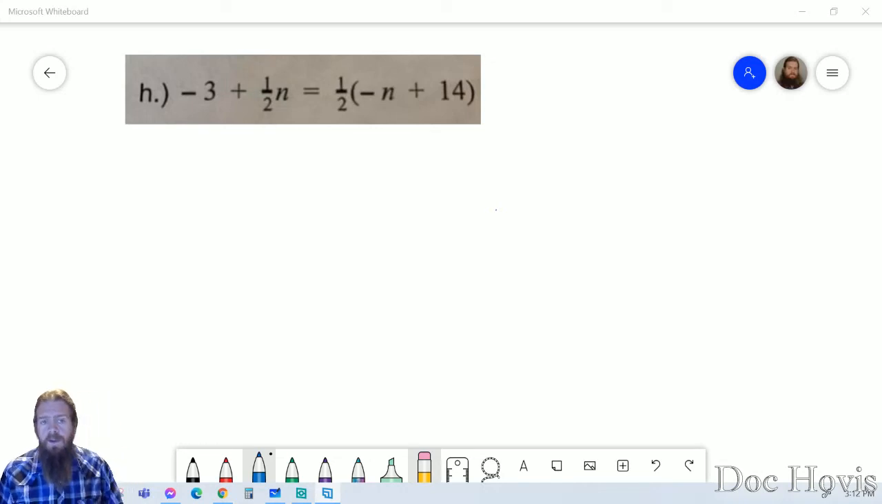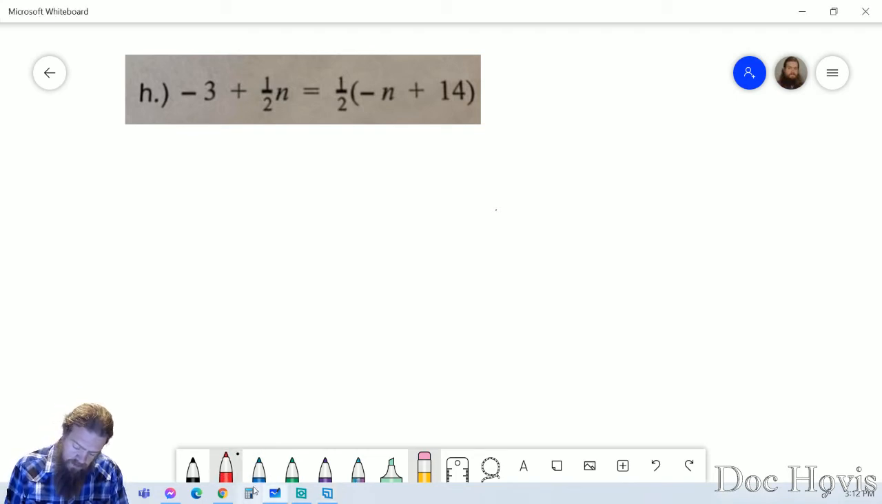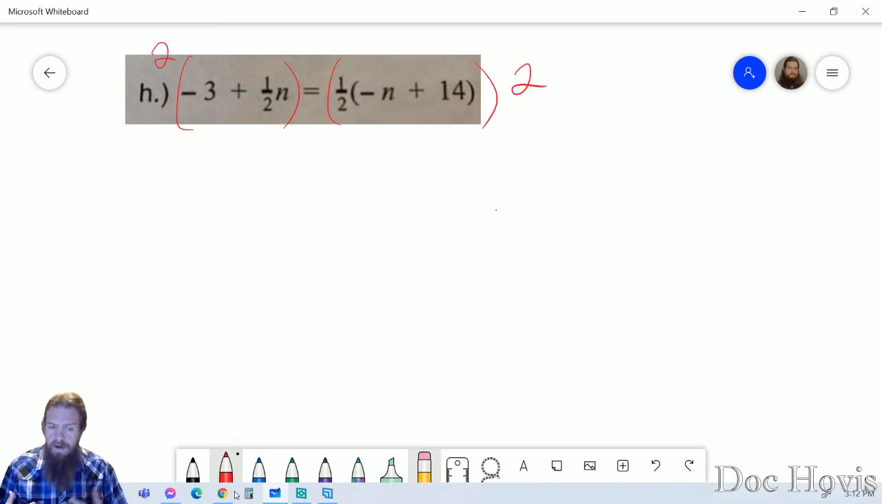All right. So what we're seeing here is the goal is to solve for n. And what we don't want is those fractions. Nobody likes fractions. We absolutely want to get rid of them. So what we're going to do is multiply everything by the least common denominator of our fractions. And this one's actually pretty simple. Since both of our fractions have a denominator of 2, we're going to multiply